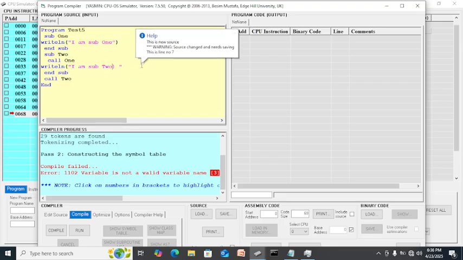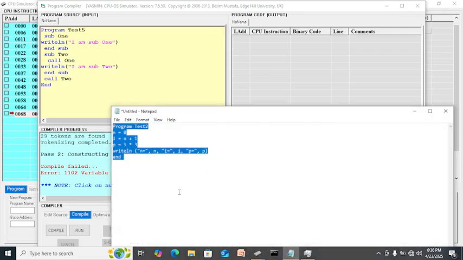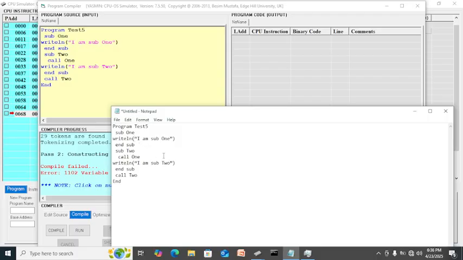This console is different, like in Linux, it is not easy to run. So you can copy here and change here. Change it in your notepad, change this into code. Easy for you.